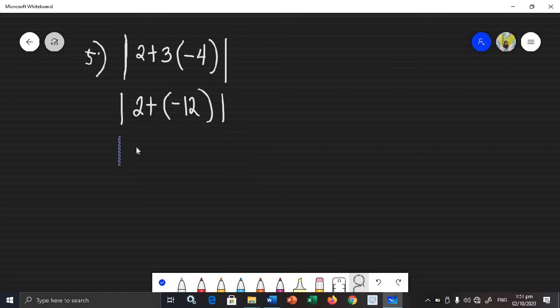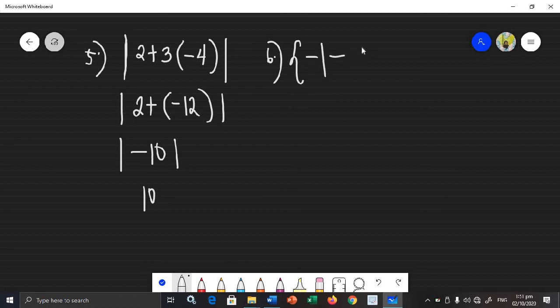Okay? So now here, we have 2 plus negative 12 naman. The answer is negative 10. Okay? Now, what is the absolute value of negative 10? The answer is 10. Ayun na yan. Then last example. Let's say we have,